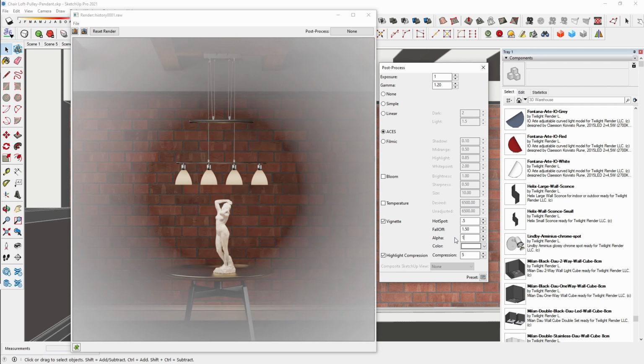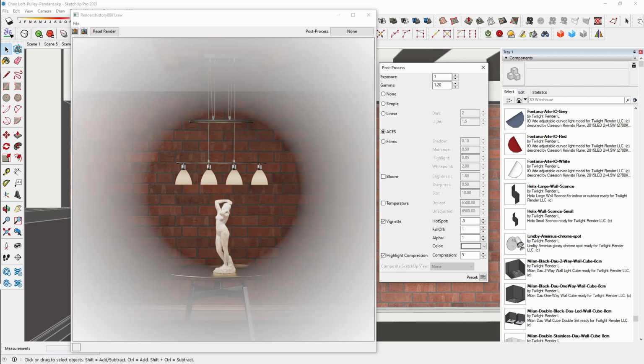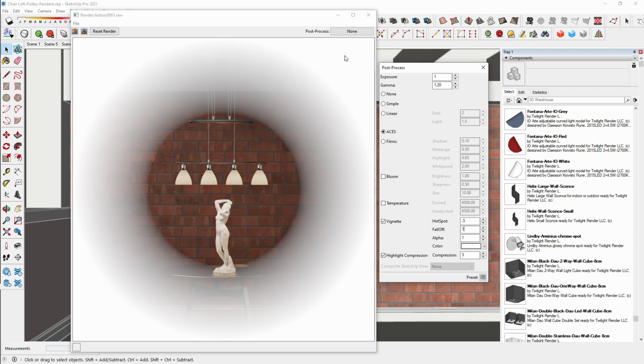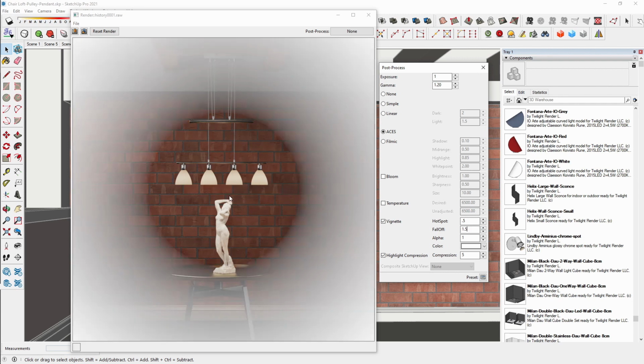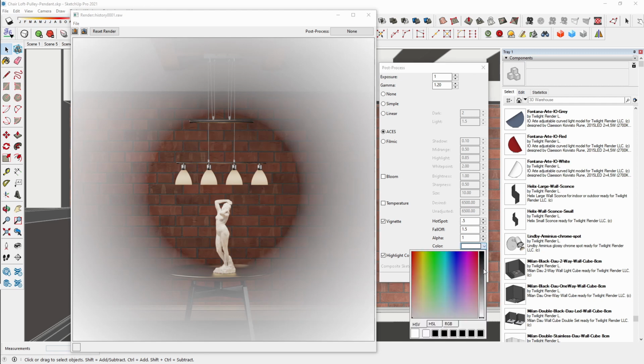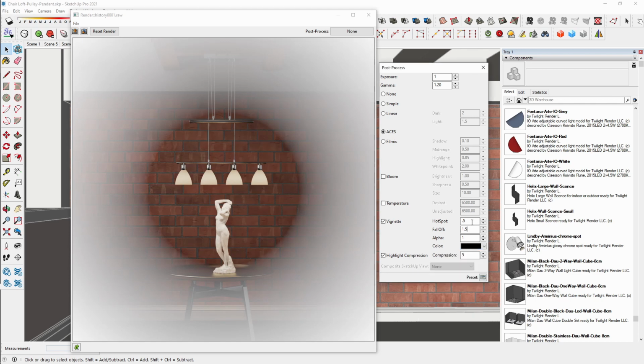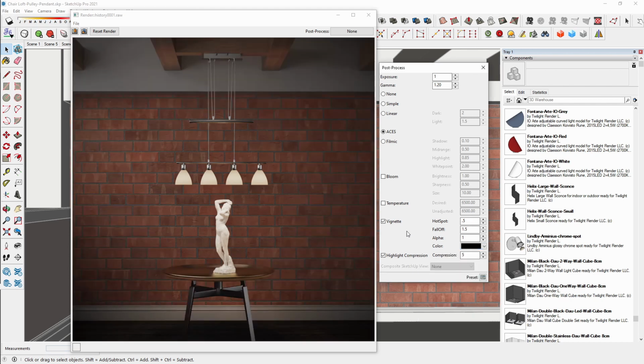Put this back to 1 and change falloff to 1. So you can see that it's really thick. And if I change the falloff to 0.1, it's going to be a really sharp spotlight. Okay, so 1.5 basically means the width of the image plus another half of the image is going to be the falloff, the fade. So it's going from solid to faded out. And if we switch it back to black now, understanding all of that, we can see that this vignette